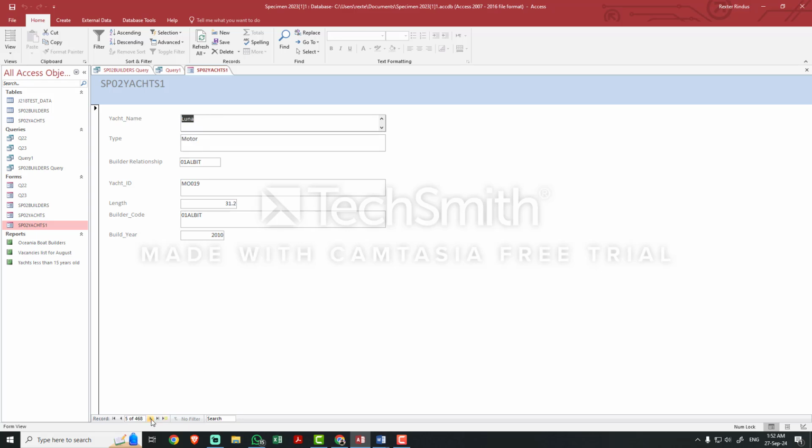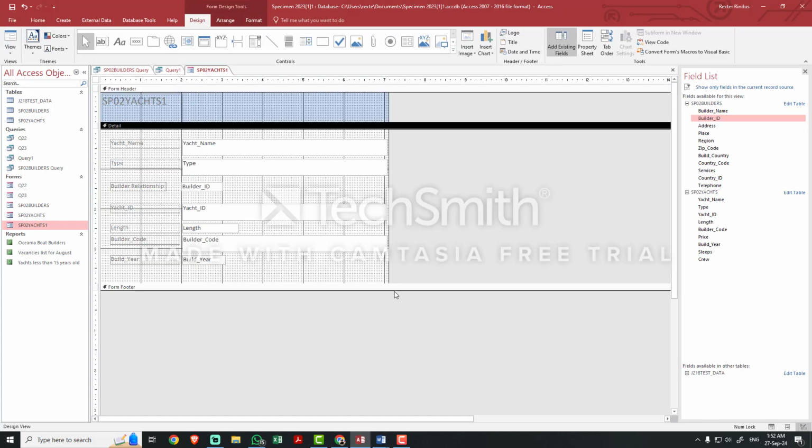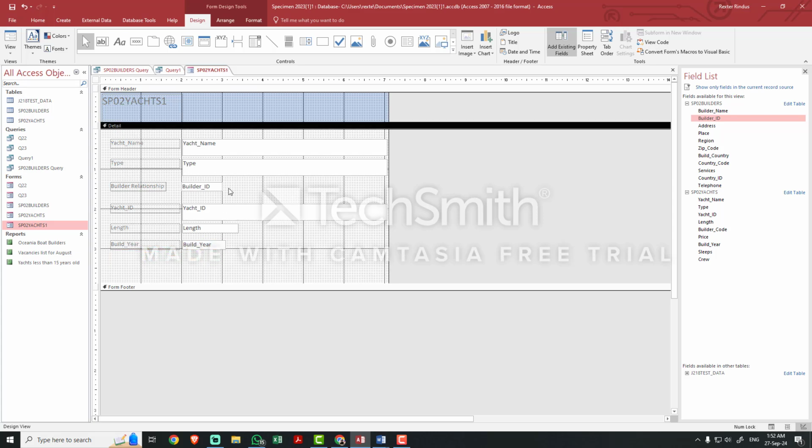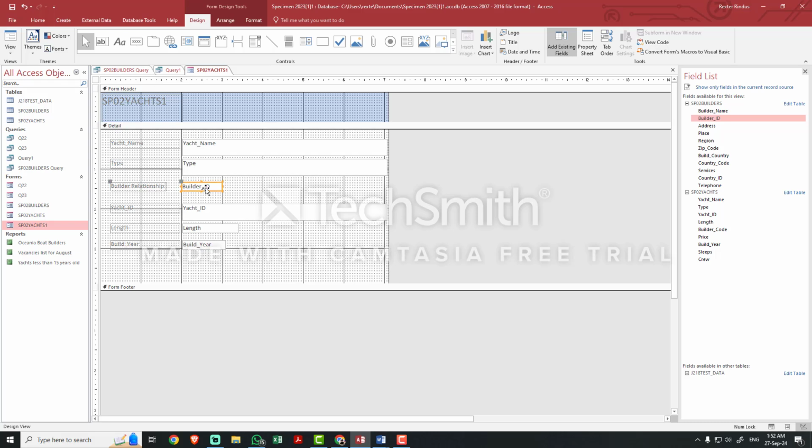If you observe right now, the builder relationship and the builder code, since they are linked, should give the same thing. Now this said to actually remove, I think it was the password one, but to remove this one here, let's just remove this one because it's already there as the builder relationship. That's the builder code also anyway. So if they ask to remove, just remove this. If not, keep it in there. It doesn't matter. Because the thing that they told me is that this one here will become a drop-down list.